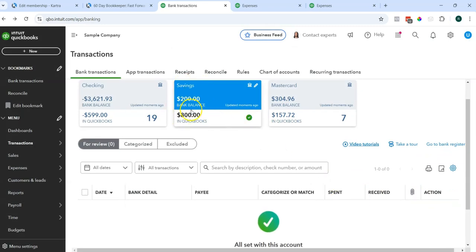Now, here's something interesting. I've added the transactions that are in the bank feeds, but my bank balance and my QuickBooks balance doesn't match. Now that can happen. There can be transactions that we've manually created in QuickBooks, but the vendor hasn't cashed the check yet, or the deposit hasn't cleared the bank account yet, right? So there are genuine reasons for why your bank balance and your QuickBooks balance might not match. But if you want to investigate, just click on Go to Bank Register,